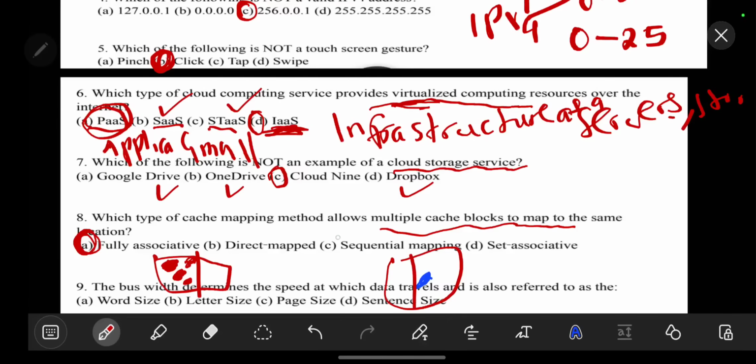Then for sequential, this one is not the official term. Then the set associative is a hybrid between the two, but for this one you can watch other videos that explain more, but here the answer is